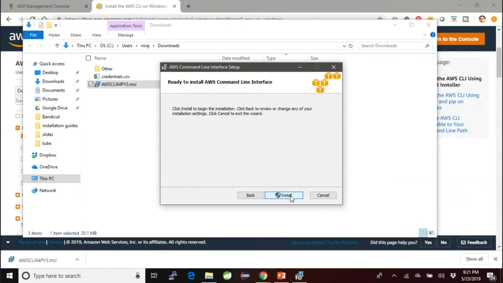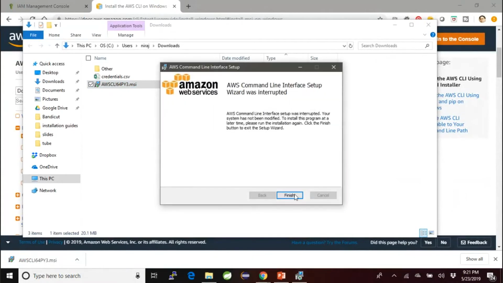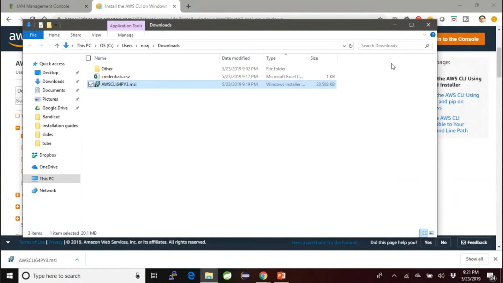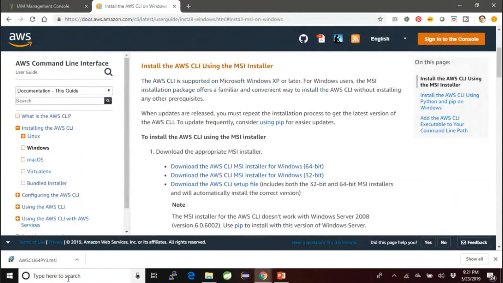You should be logged in to your machine as an admin, because this is going to make some changes on your platform. Once you click on install, this will start copying and installing the mandatory files for the AWS CLI into the path that we have selected. So please go ahead and click on install and complete the process. I already have the AWS CLI, so I'm not going to do this. At the end of this installation, which I'm completing, you should see the finish button, and you should have the AWS CLI inside your